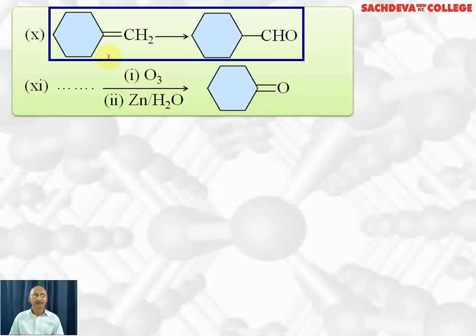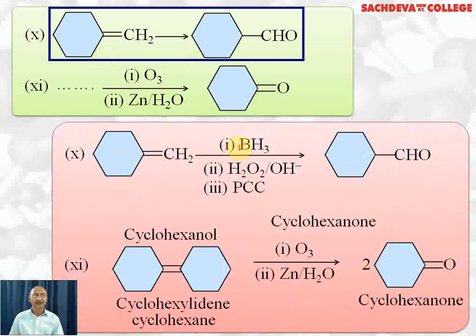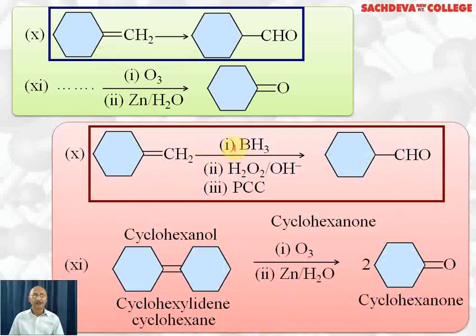Here we have got an unsaturated alkene which we want to change to aldehyde. The method is that first we carry out hydroboration oxidation. Hydroboration is carried out with B2H6 which is dimer of BH3 followed by oxidation with alkaline hydrogen peroxide and this will give addition according to anti-Markovnikov rule and we get CH2OH group here. CH2OH group we want to convert into aldehyde, so we use PCC which is a mild oxidizing agent, pyridinium chlorochromate. This is the reaction which is taking place.